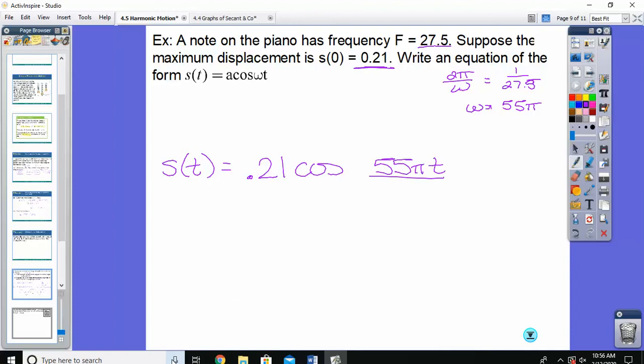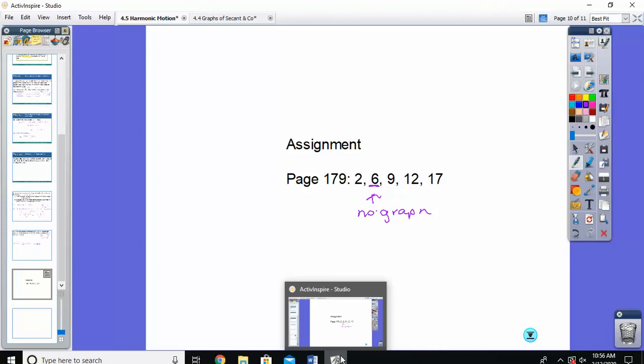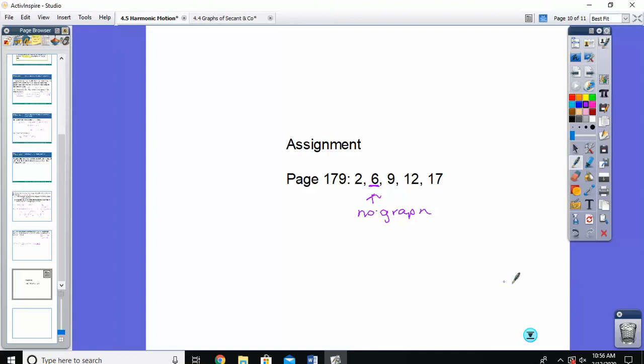So, a couple things. The homework is 5 questions. Question number 6 does tell you to draw a graph. You do not have to draw the graph. So on number 6, you don't have to graph that. I do want to go ahead and grade our homework real quick. It'll only take us a couple minutes, and then you'll still have some time to start these problems. So if you could get out yesterday's